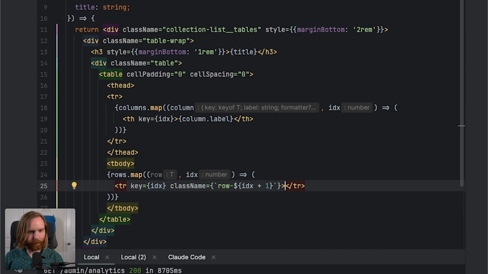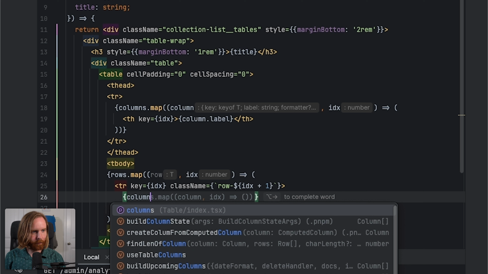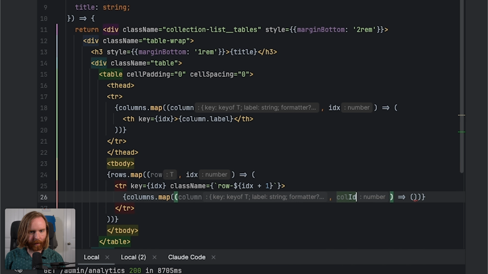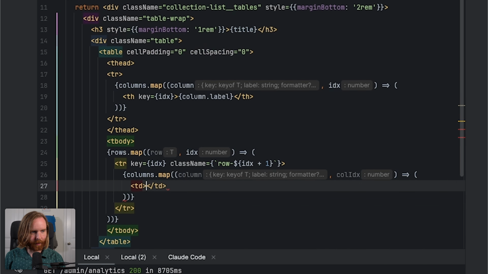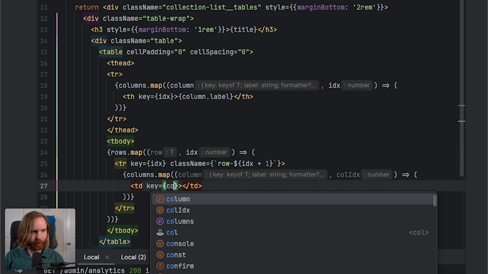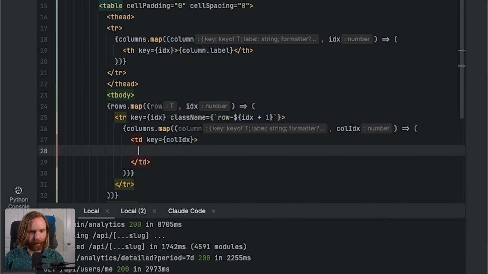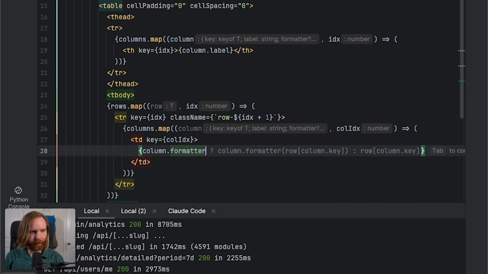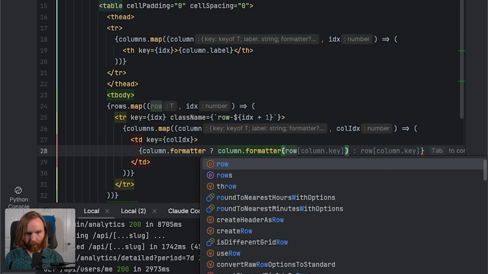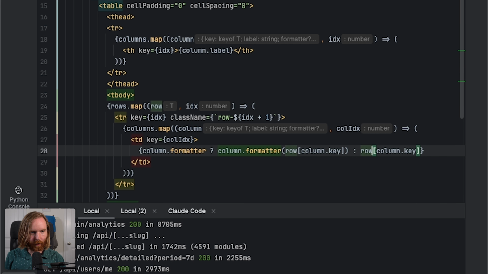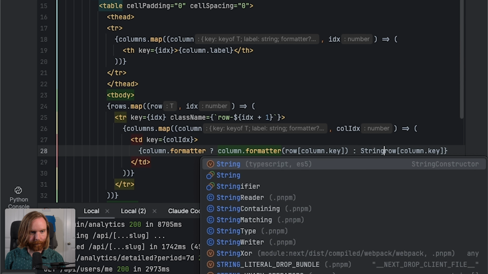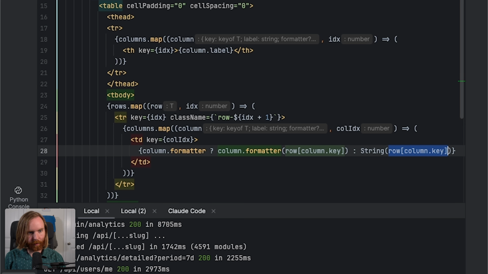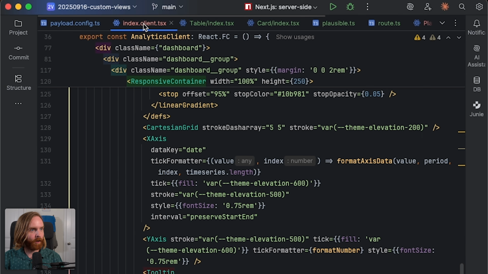And then for each row, we're going to map our columns, which will have a column index, and we can pass in a cell with a key of column index. And then we will check if that column has a formatter. If it does, we will return the formatted value for our row with that column key. Otherwise, we will return a string of that row with the column key of column key. Now I can save this and come over to our